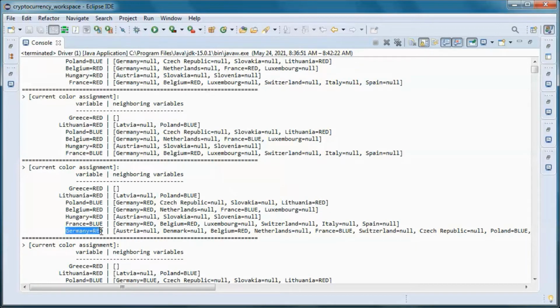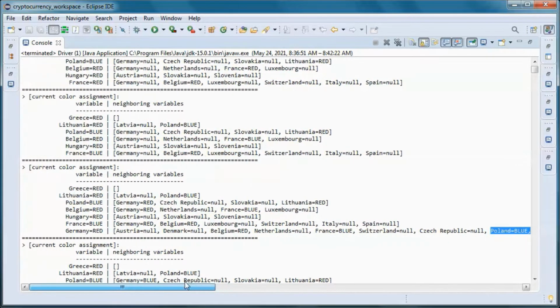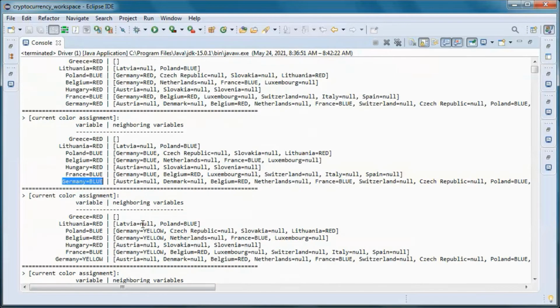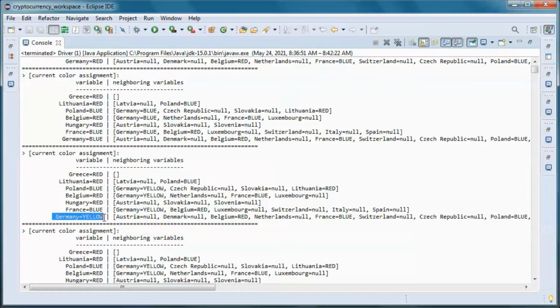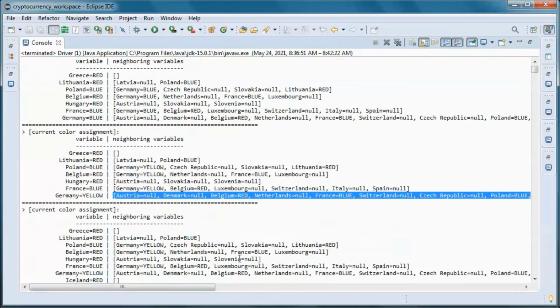So we move to the next one, and this neighbor has this color, and this neighbor has this other color. Same for this one. So here we tried red, we try blue, and we don't succeed, so we try yellow, and we succeed, since none of those has a yellow color.